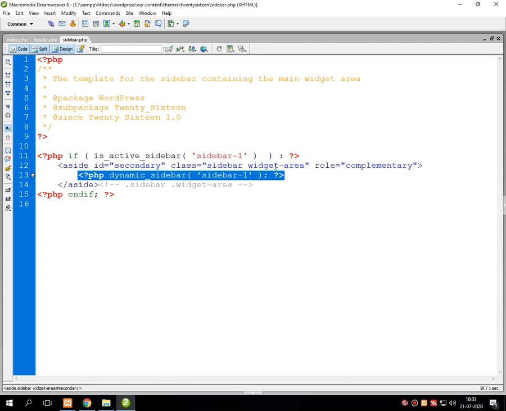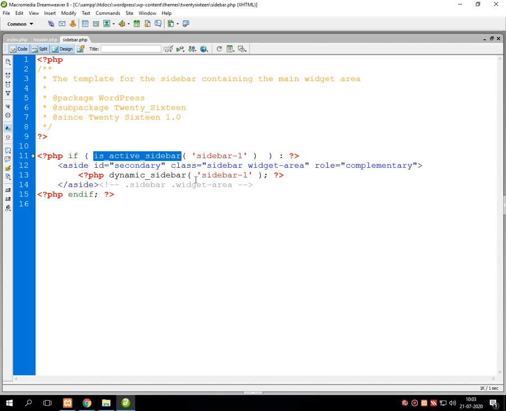So suppose you want to display that type of sidebar, then it can be displayed using the function called dynamic_sidebar and by passing the parametric value, which is similar to checking whether the sidebar is active or not, that is sidebar-1.